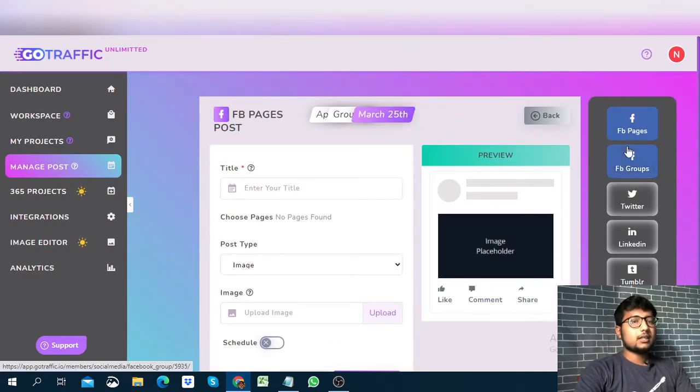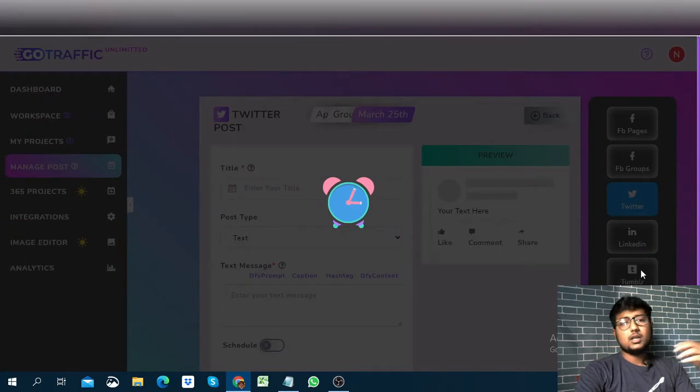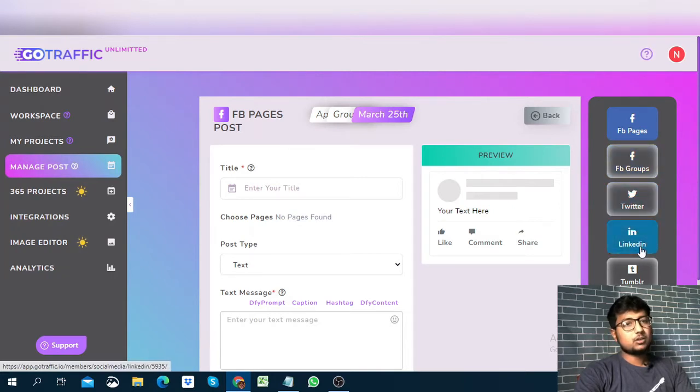You can select platforms like Twitter, LinkedIn, Tumblr, Reddit, anything you want. And you can see the preview here, how it looks on Twitter, how it looks on LinkedIn, how it looks on Tumblr.